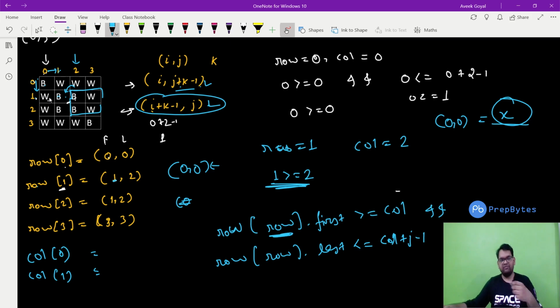Then we will increment this row how many times? k minus 1 number of times. We will increment this row, and then we will check for this: by clicking this, will this row also become a white line or not? If yes, then we'll increment the count again. So by using these two examples, for rows we can do it. Write it for columns, it's almost the same. You just have to think on it to solve this particular question. I will show you for the columns, but I urge you to write your own.